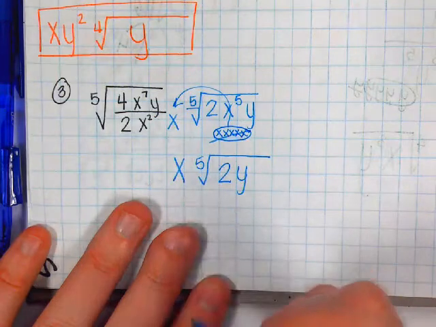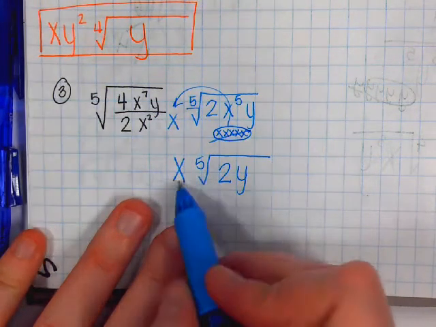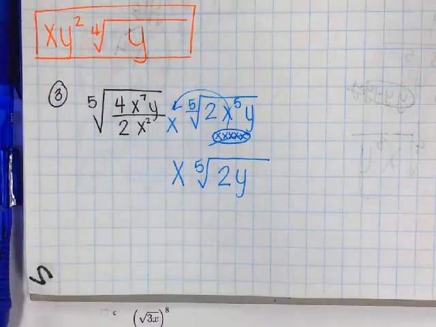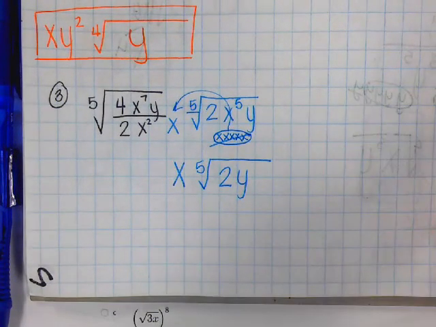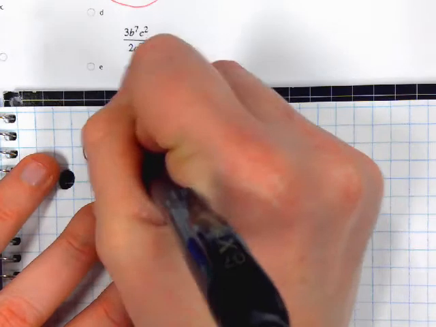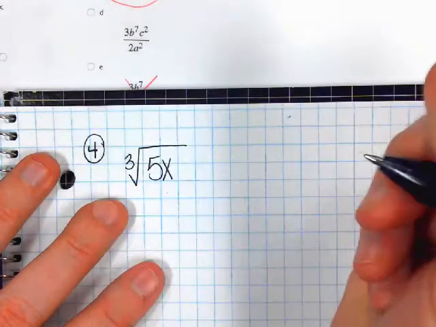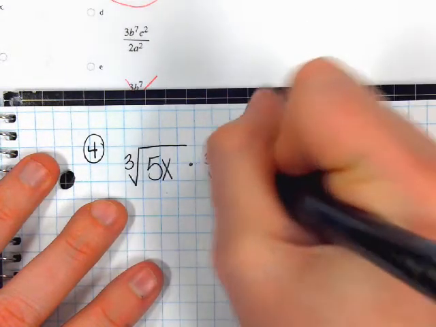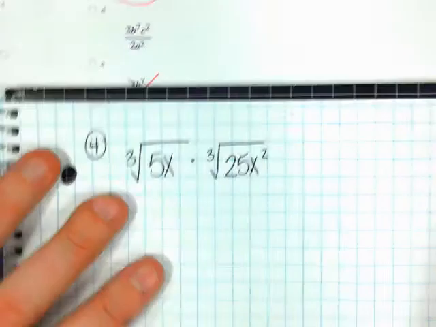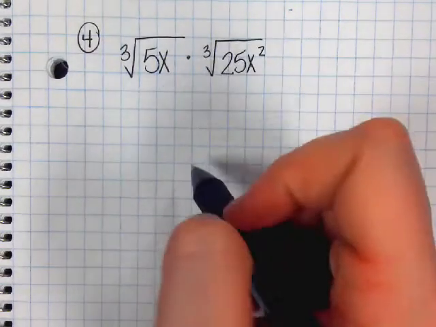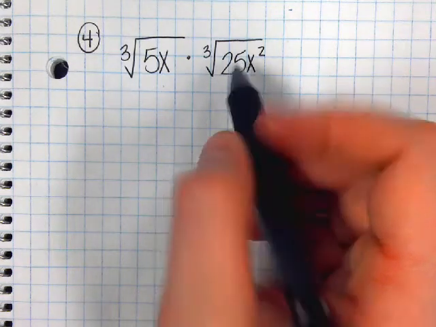So we don't actually write a multiplication sign there, or the dot. We just know that when I pull it out, it's x times that information. Okay. Now that leads us to our next one, the next kind. So if we have the cube root of 5x times the cube root of 25x squared. So if you look at that, since they're both a cube root, you're able to just multiply